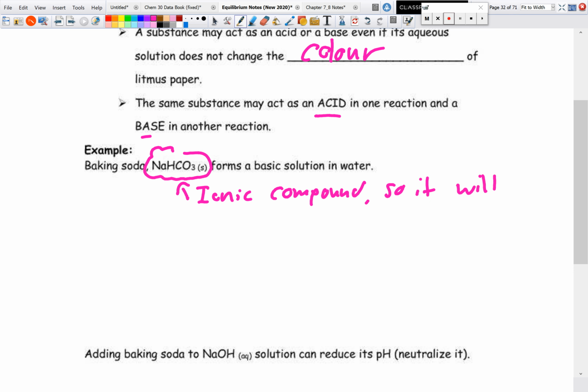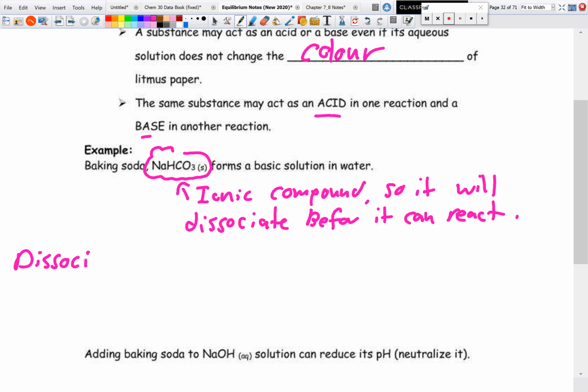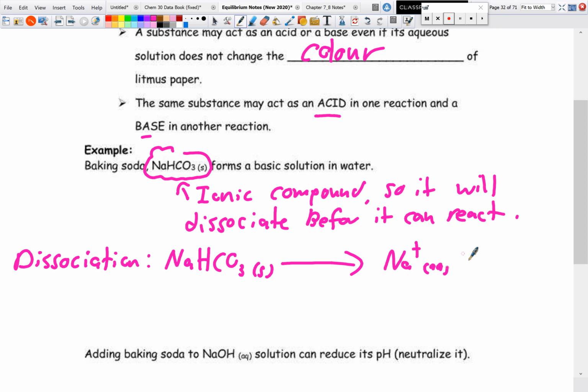So it will dissociate before it can react. That means as soon as we put sodium hydrogen carbonate in water, it's going to dissociate to produce the sodium ion and the hydrogen carbonate ion. Now, just looking at our two products right here,